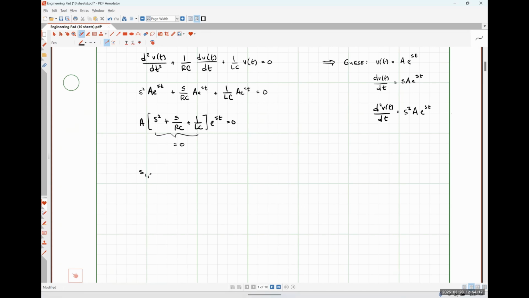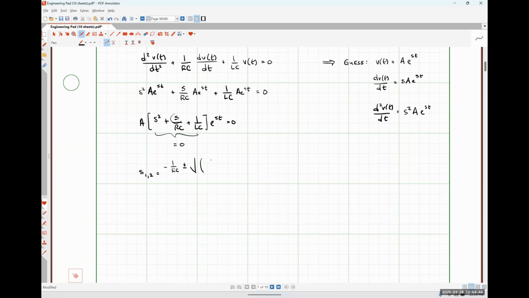So I'm going to say s1,2 will be equal to, and if my 8th grade math memory is with me today, I feel like the quadratic equation is negative b, where b is the coefficient on the s term here. So that's going to be negative 1 over RC